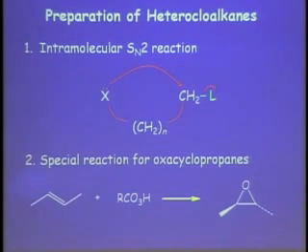This is the reaction on which we learned the rules for the rates of ring closure. 3-membered ring, fastest, 4-membered ring, slowest, 5 faster again, and 6 faster again. And the interplay between entropy and ring strain as you do this. So you just take an open chain compound that has a leaving group at some point, and you have the heteroatom that has a lone electron pair.